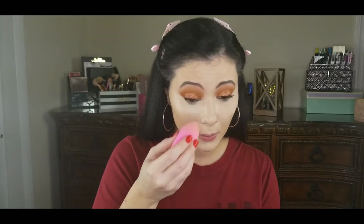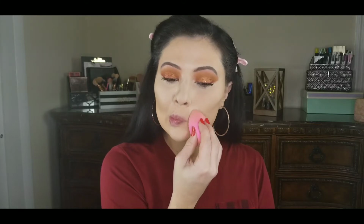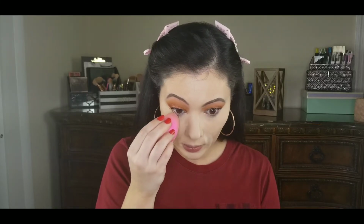And like I said, I usually put a pressed powder down first, my MAC one. And then I just do a little bit of this, because I can't leave mine on for very long. So we got that on. I do the bake ones. And there we go. And then what I'm going to do is I'm going to take a big powder brush